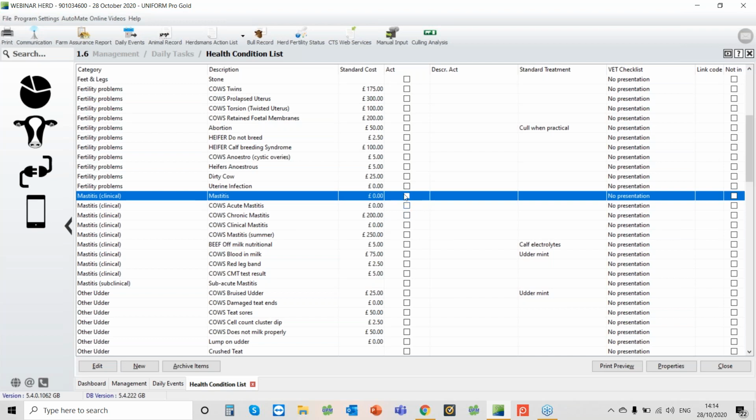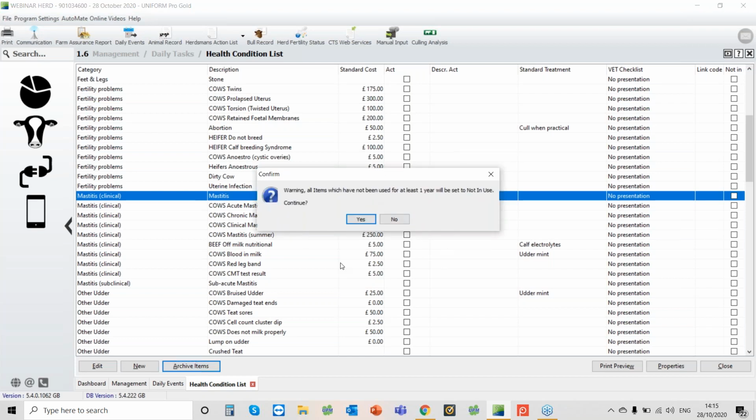So if you want to cut your list down on the health conditions, so it makes it easier for you to navigate to the ones that you do use, just press archive items at the bottom, and the message will